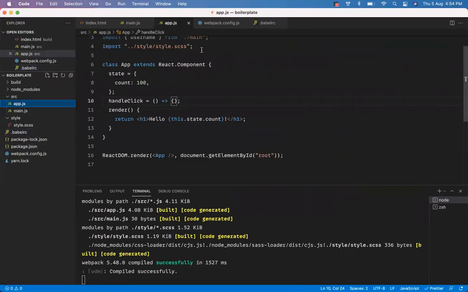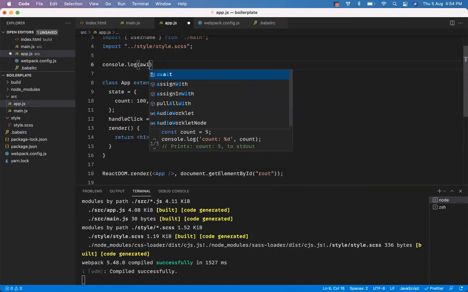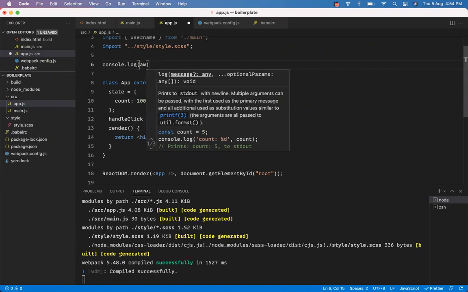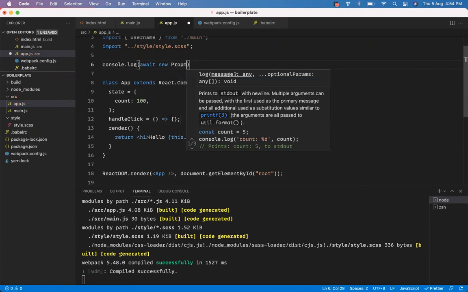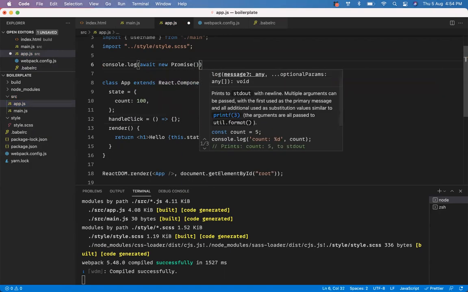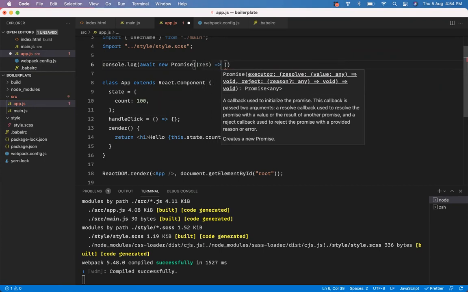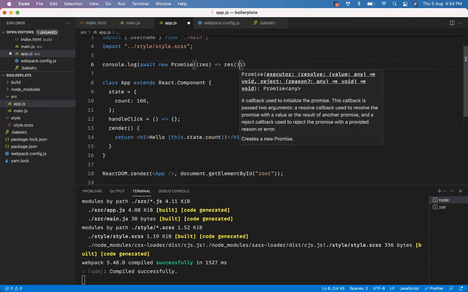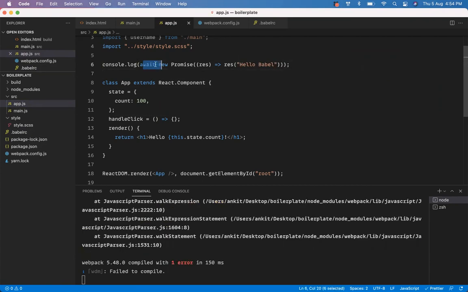So I can do console.log, and I can just say await new Promise, and it is just going to have a resolve function, and it is just going to resolve with hello Babel.